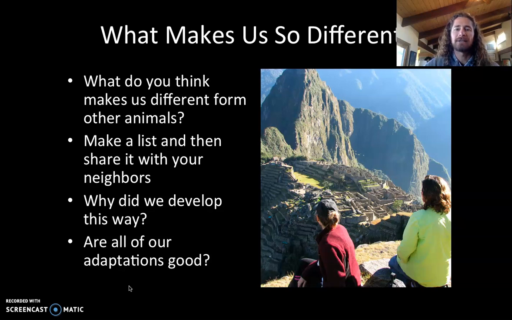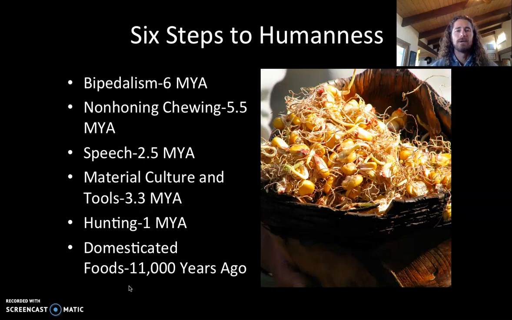and dive into this on your own, to dissect what makes us human. So the 6 steps to humanness is something we are going to focus on. Hopefully you didn't just go through this and you paused. Some of the things we talk about extensively in this class are bipedalism, which happens about 6 million years ago. This makes us part of the hominin group, which is taxonomy.